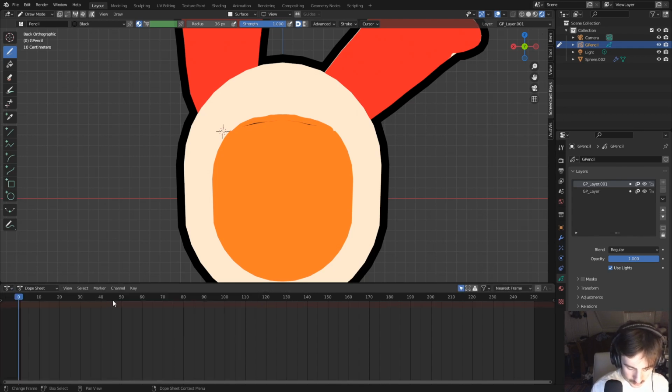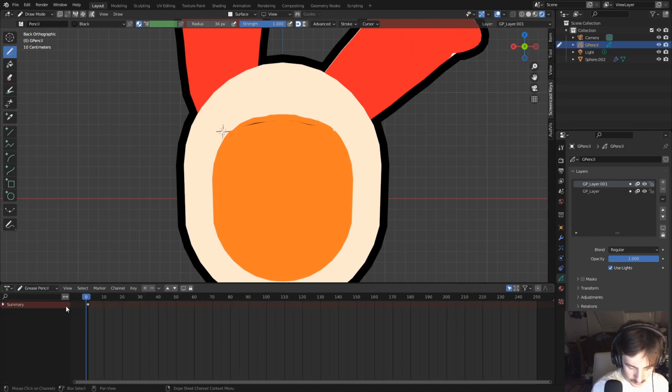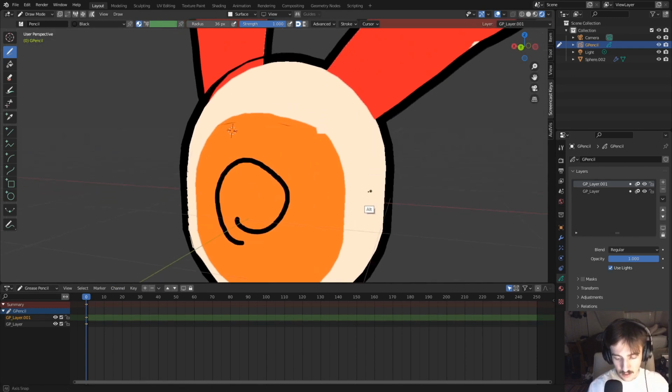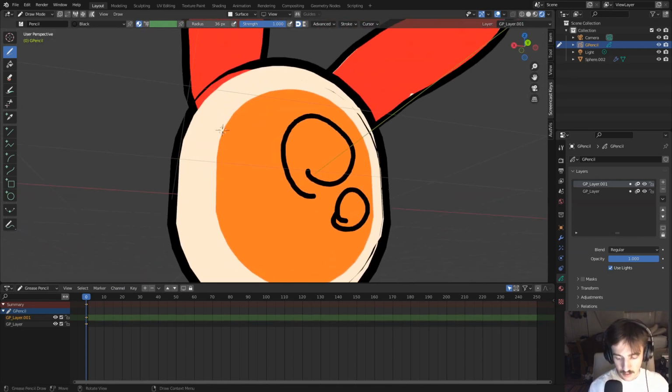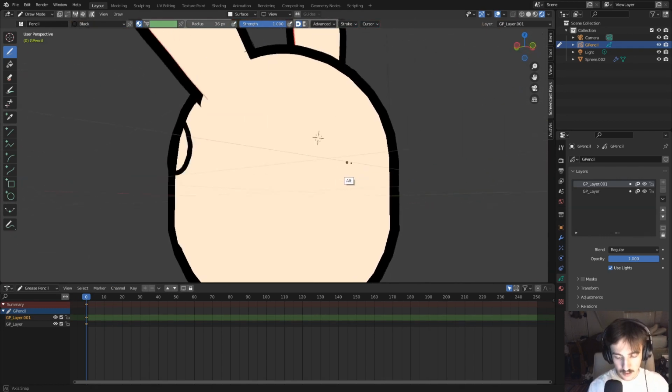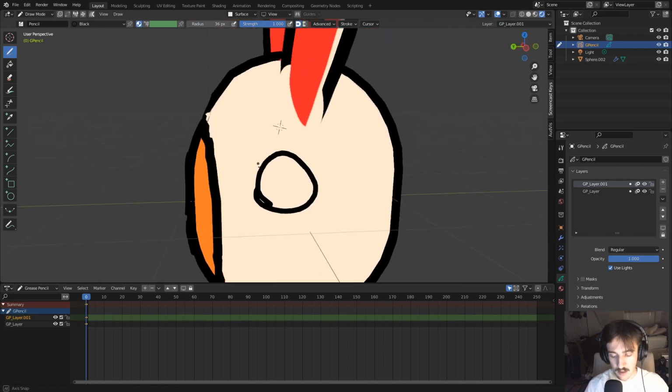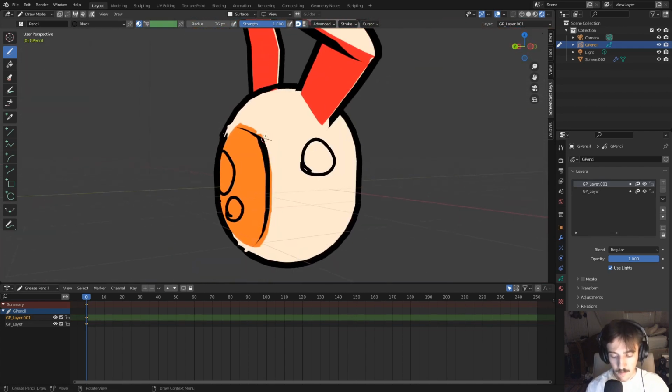Where is it? Grease pencil. Right. Frame 0. What a shame that I was on the wrong one. But now you'll see when we draw, it shows up on the surface of this object. And actually, because we already have that stroke modifier on it, it's giving a constant displacement of our strokes where